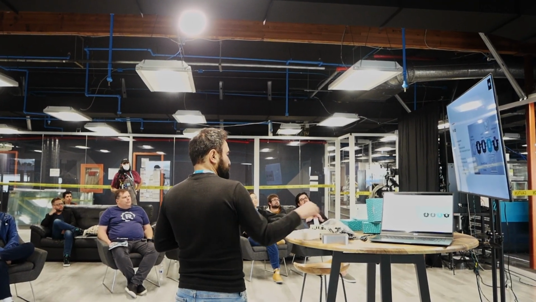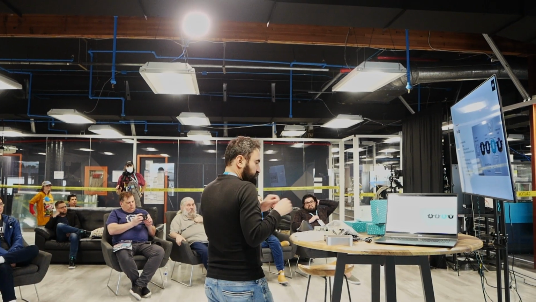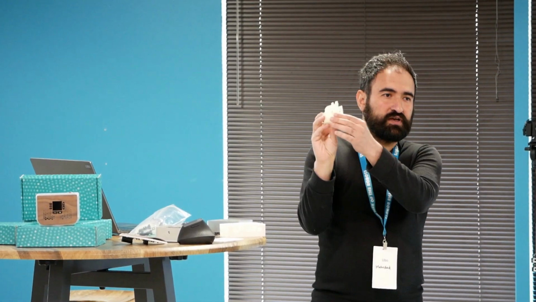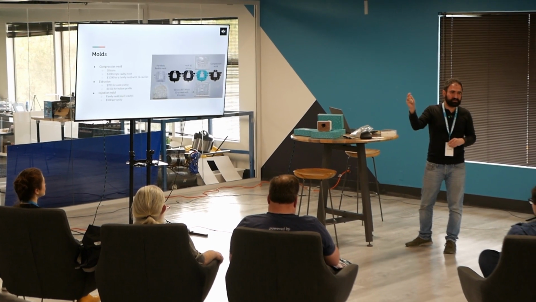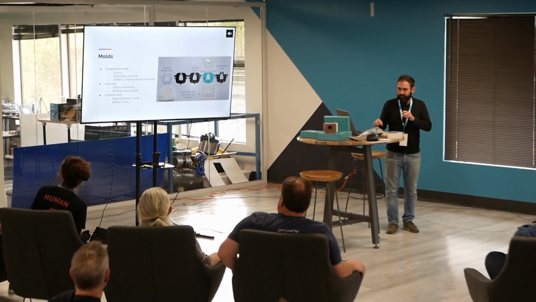So this is the one that I was talking about, the keypad. With the keypad, the first iteration was I used Formlabs flexible resin to prototype the first versions of the keypad. These are using the flexible resin on Formlabs, and these are the supports that come out. I have to use a little cutter to cut all these supports because you cannot tear them apart like a solid one. So it's a very lengthy process to 3D print this, but it's flexible. And then the third image is a prototype made with a technology called